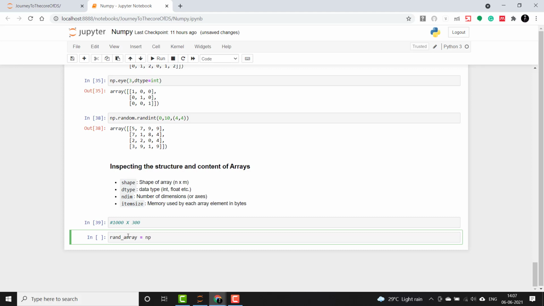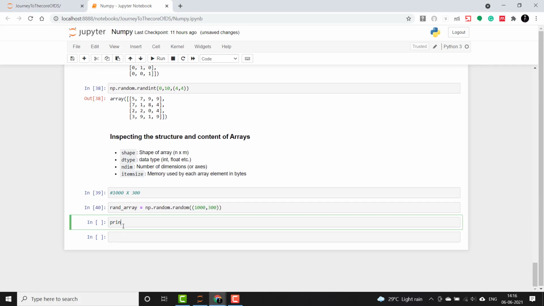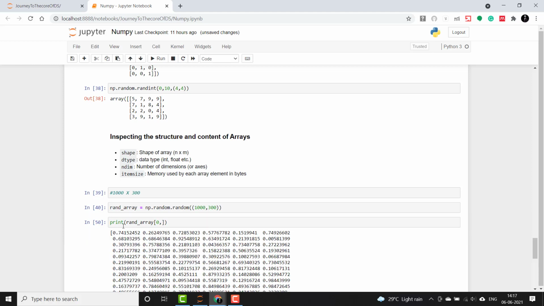I'll say np.random.random, taking random values here, and giving it a shape 1000 by 300. Now let's print this out. I will say print rand_array, and I will only see the first row and n columns, that is 300. Okay, so this is the first row.